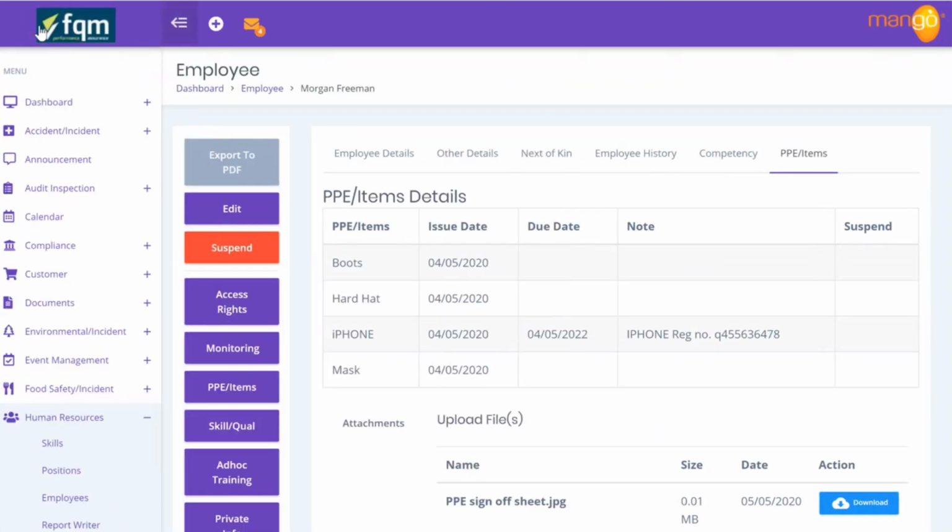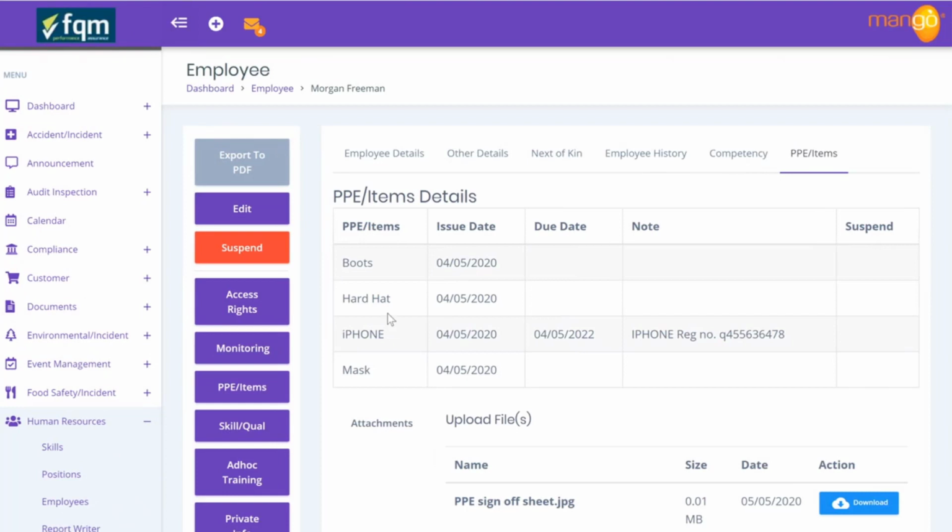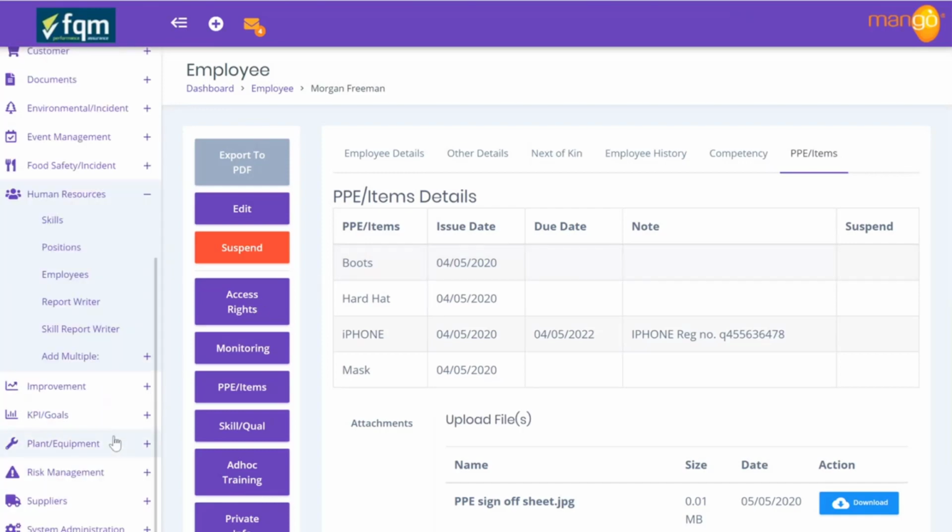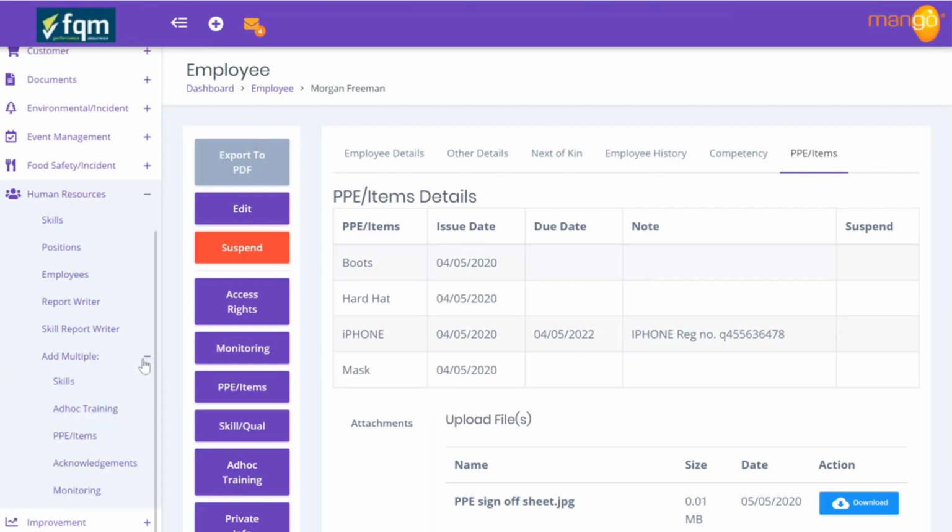Now, we do also want to capture that this individual went through our full QMS system as well. So we want to record acknowledgement that this individual completed that. So here we can do that. And it's important to explain at this point that the document acknowledgement often happens when a new document version or a new document is added to the documents module. But in the situation where this individual has joined the company and these documents are not new documents or new revisions, what we have to do is we have to be able to demonstrate that they have read through these documents and